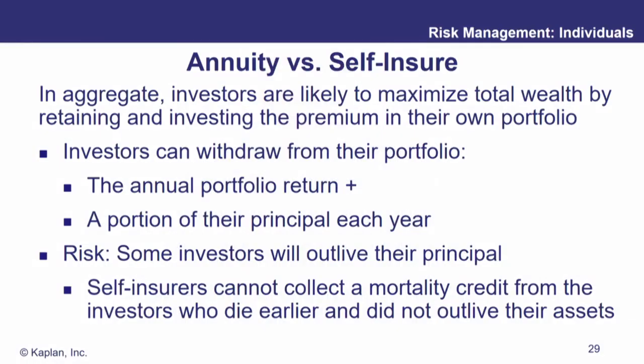You know, there is another alternative. Don't buy an annuity. Keep your money, invest it, earn an annual return, start to draw your portfolio down, and let's hope we don't live too long. The insurance companies do not invest aggressively. You could probably generate a better rate of return yourself than the insurance company can do. And we'll see that in the next study session as we dig into how insurance company portfolios are managed. They don't earn particularly high rates of return.